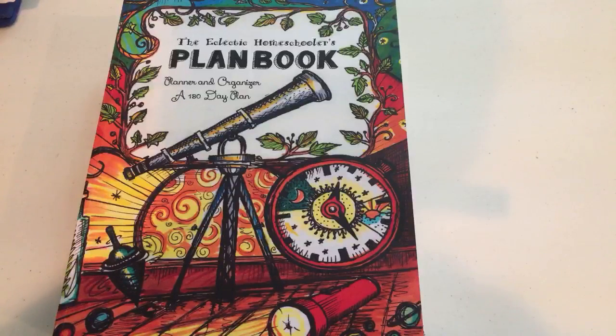for some reason or another, it doesn't necessarily fit everything that I would like to do. However, I do like the format of the Thinking Tree journals, and I bought a lot of journals ahead of time when Sarah ran those humongous sales last year and the year before last, where she had a lot of her journals on sale. And even though my kids weren't of age to use that particular journal at the time, I bought it anyway